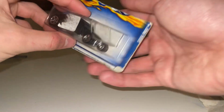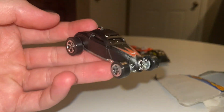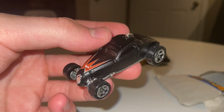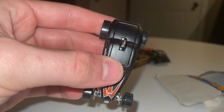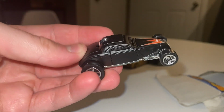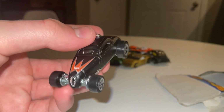And then this Sue Fast. This is the black version of the first edition car. Color swap of Velocity X's color scheme. I don't know if there's any other cars from the Velocity X game that have a palette swap version. I think Hammered Coupe has a blue version now that I think about it. And Showstopper has it. What am I talking about? Showstopper has a red version too. I bet I could keep doing that to think of other things if I tried. But